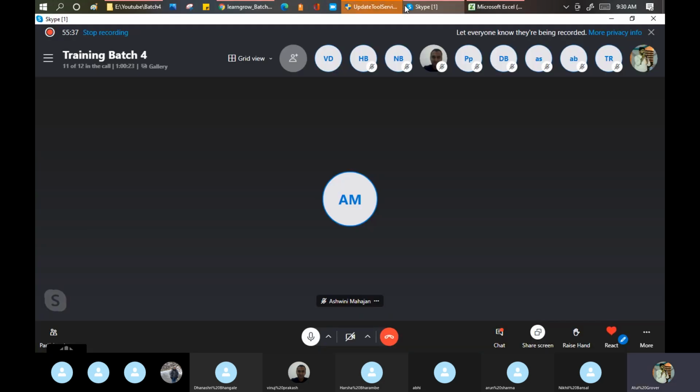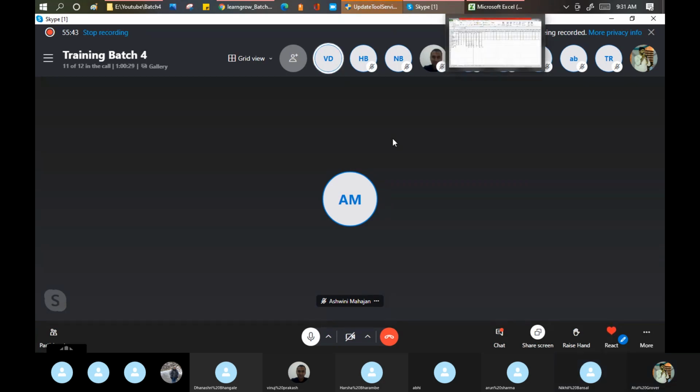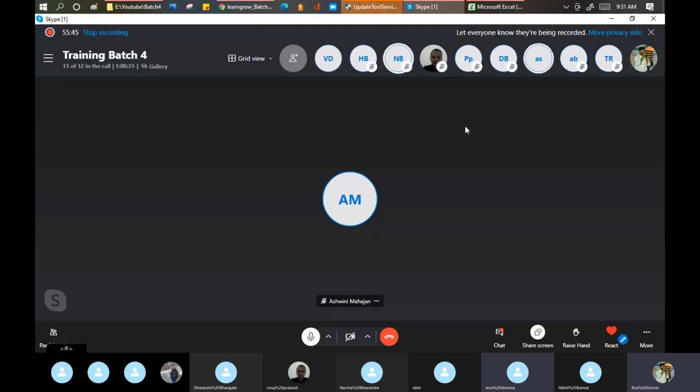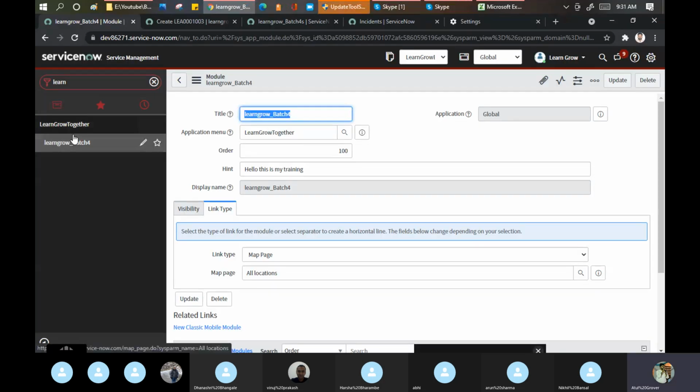Come on, guys. Nobody is replying to me. Do you know that Ola is using ServiceNow? The app you use on your mobile phone to book an Ola cab is from ServiceNow only.